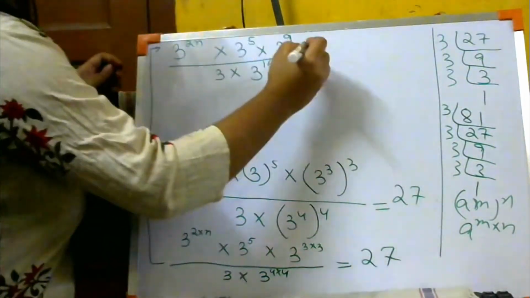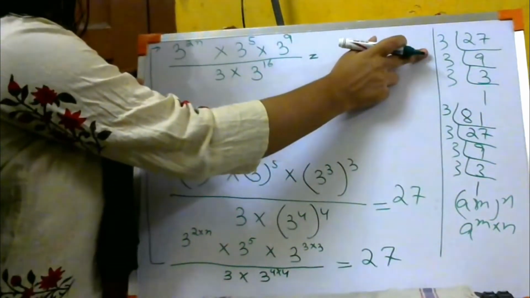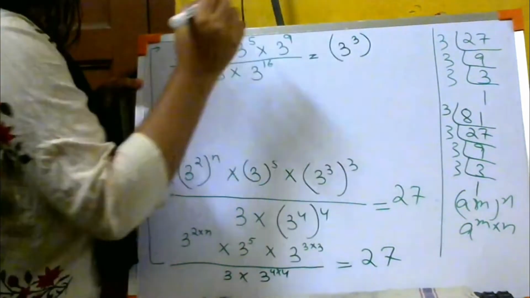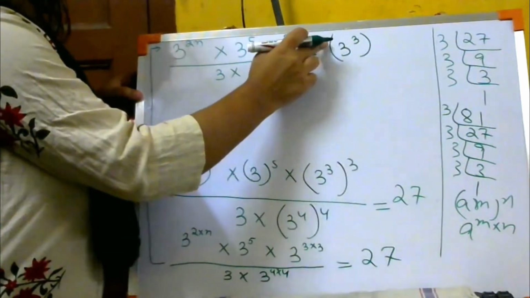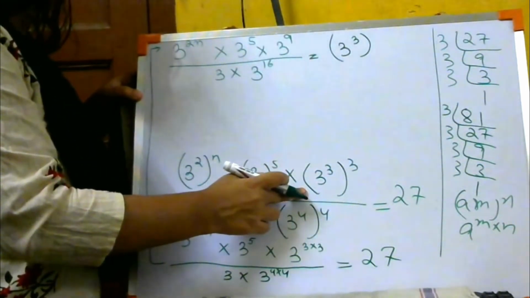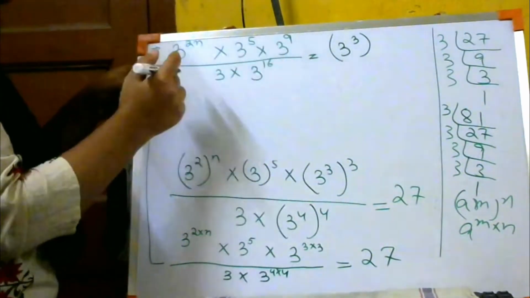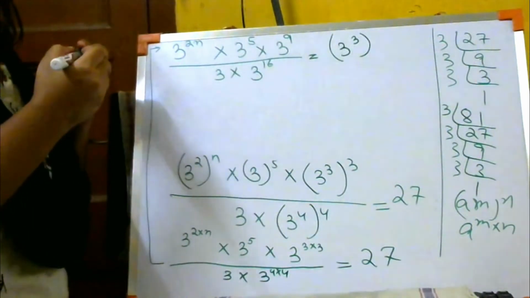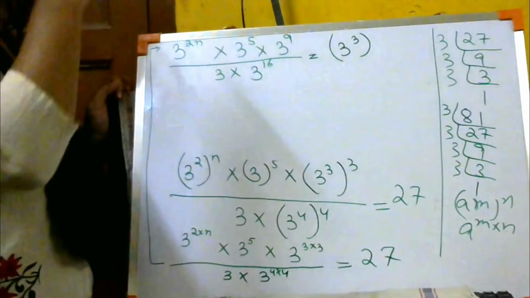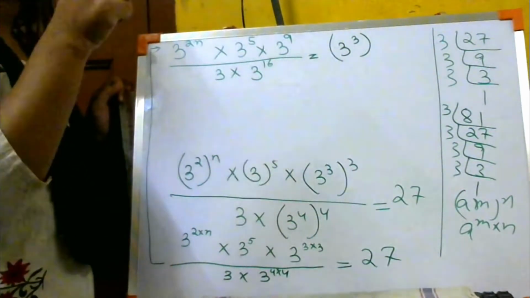Okay. Now over here it was 27. 27 को फिर से 3 के फॉर्मेट में लिखो. यहाँ पे तो तुम लोग कर चुके हो पहले. So 3 cube. है ना? 27 I can write 3 cube over here. Just now we did. ये तो यहाँ पे जो 3 cube था, ये तो 27 का ही था ना? तो वैसे ही हम लोग यहाँ पे लिख देंगे. ठीक है? 3 cube. Now next line. Now do you remember that formula? A into A, but there is a power. A to the power m into A to the power n equals to A to the power m plus n.